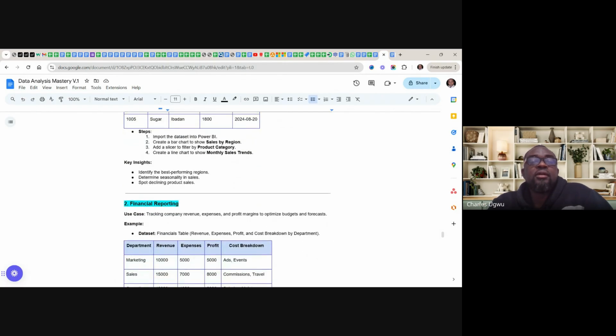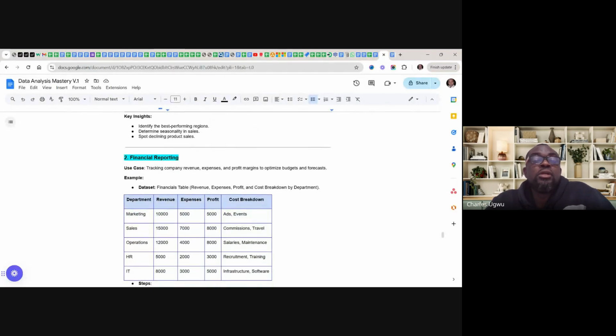Then you might be wondering, I've never handled financial data. This is the commonest way you can handle financial data, and you can do that with Power BI. Use case: track company revenue and expenses. If you're an accountant, you understand what I'm talking about.